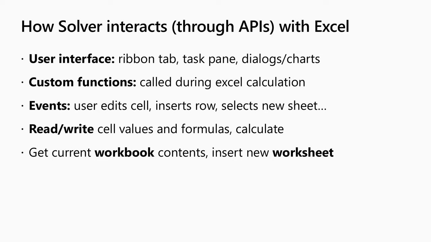There are events that happen when the user is just changing numbers on the spreadsheet. We're reading and writing cells. We even get the whole workbook contents and create new worksheets. All those things are things that this application needs to be able to do, and so it's interacting with Excel